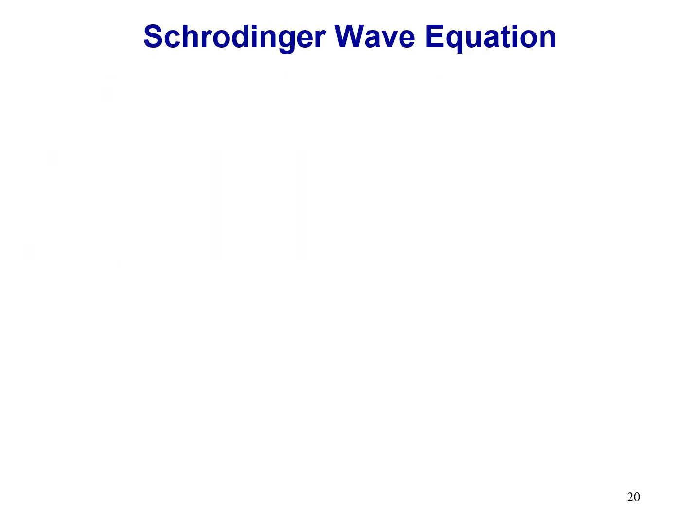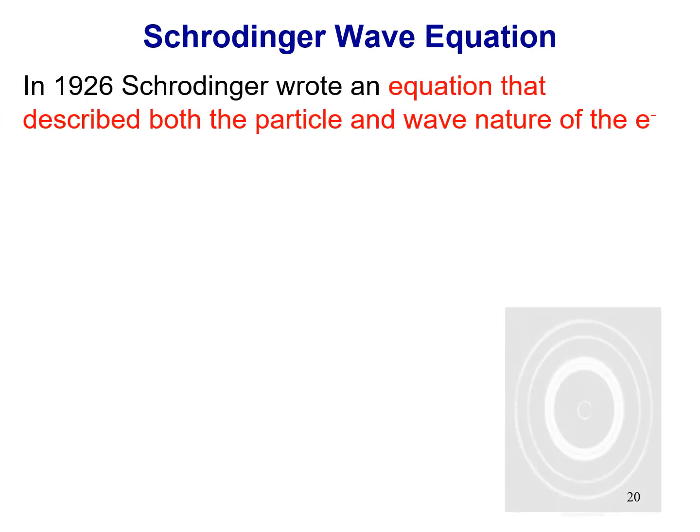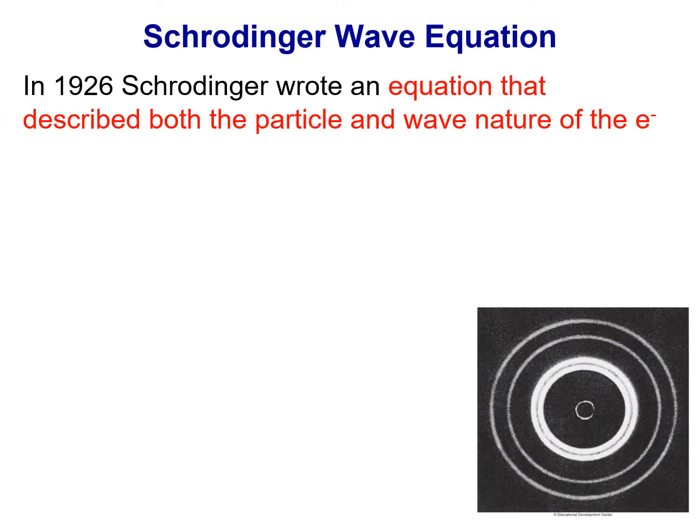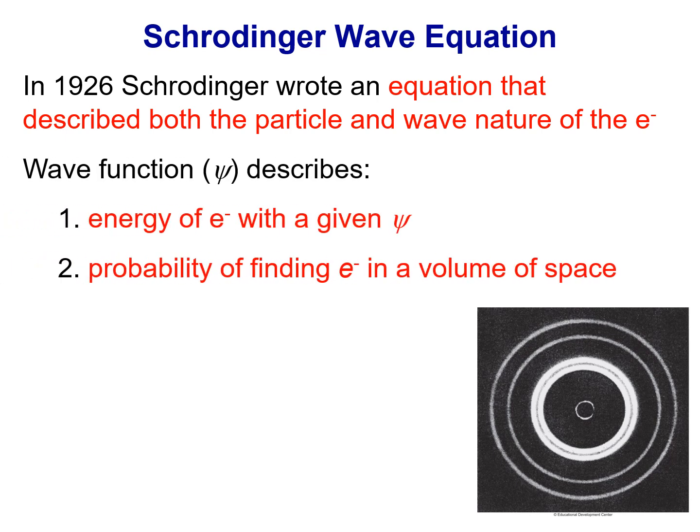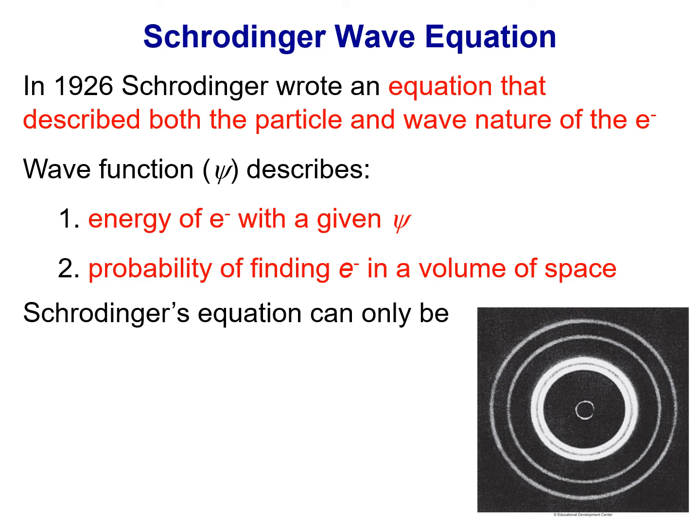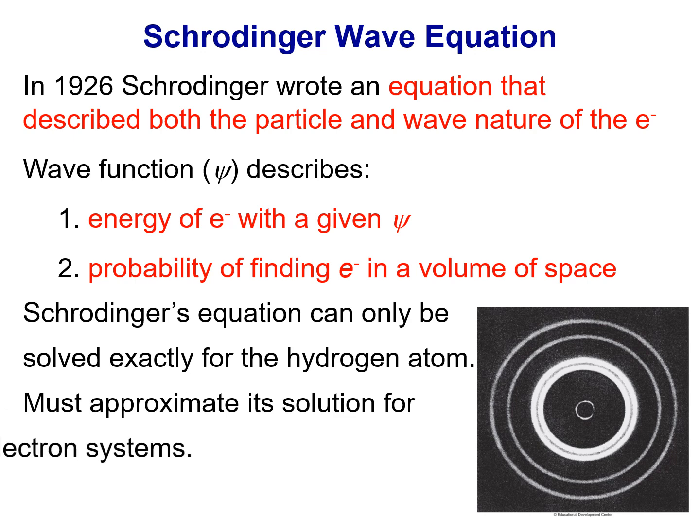The other equation of interest is the Schrödinger wave equation, which is a very complex mathematical function that we'll talk about not in great detail. The main takeaway is that this is an equation that is known as a wave function, and it was in fact kind of a revolutionary equation, and it's going to help us understand that we can describe something called atomic orbitals, which will give us the probability of finding an electron in a volume of space,